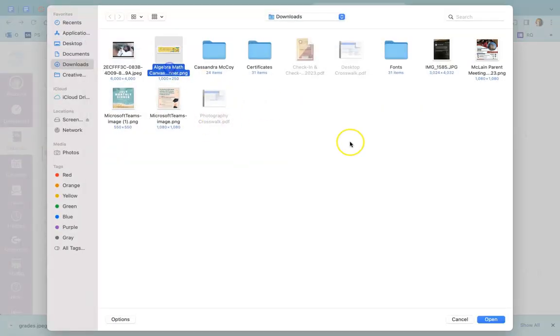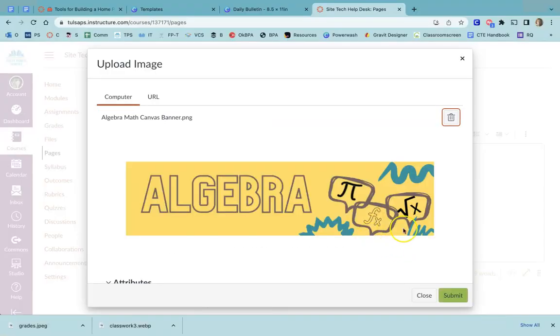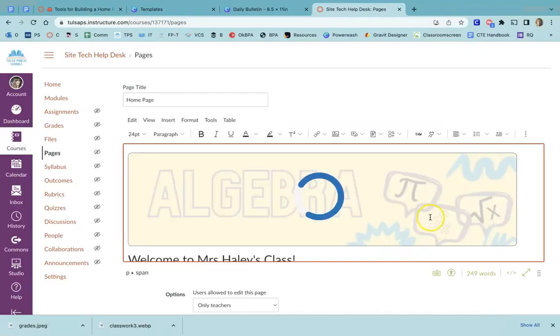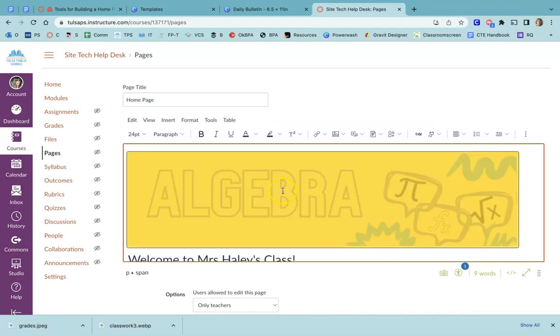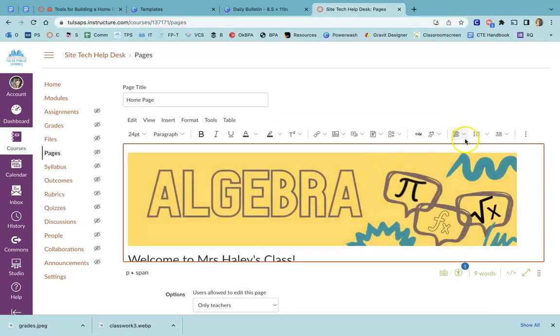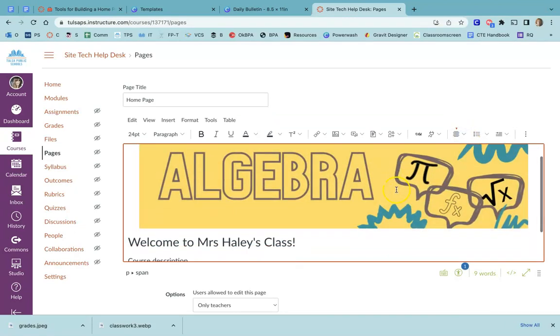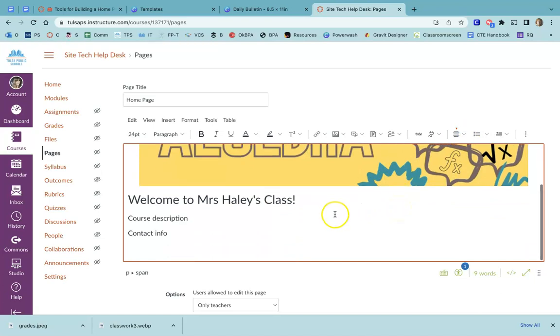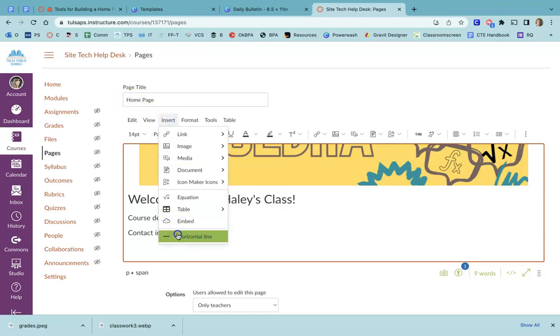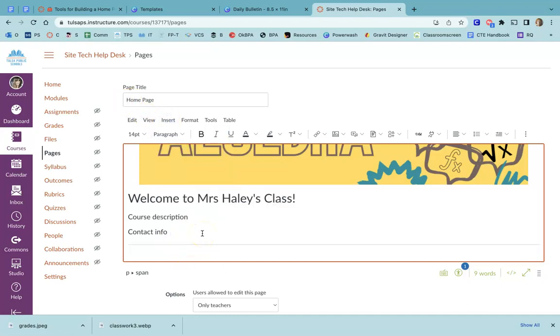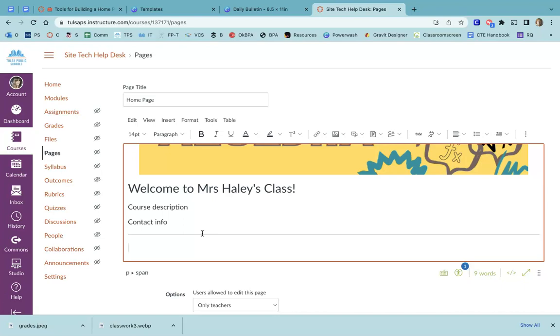I'm just going to grab this one that I created earlier, just pretending that I teach algebra. That is very laughable. Ask my child. But we're going to center this, and it just adds a little extra oomph to your home page. You can add any text just like normal. You can also change the color, the size of the text, all of that good stuff. You can use horizontal lines to separate chunks of information,